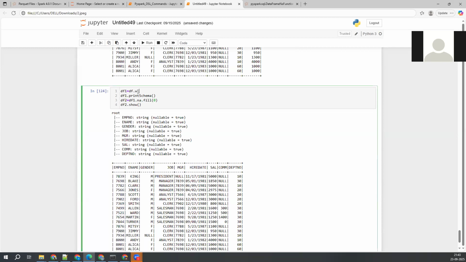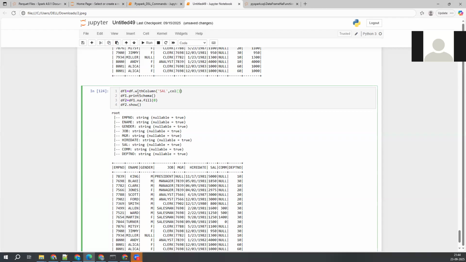df dot, with column or with columns, both we can mention. First we'll play with withColumn here. Now tell me, what do you want to replace here? The salary field, right? Now how do you want to replace it? You have to write your expression here, or directly you can typecast it, right? So col of